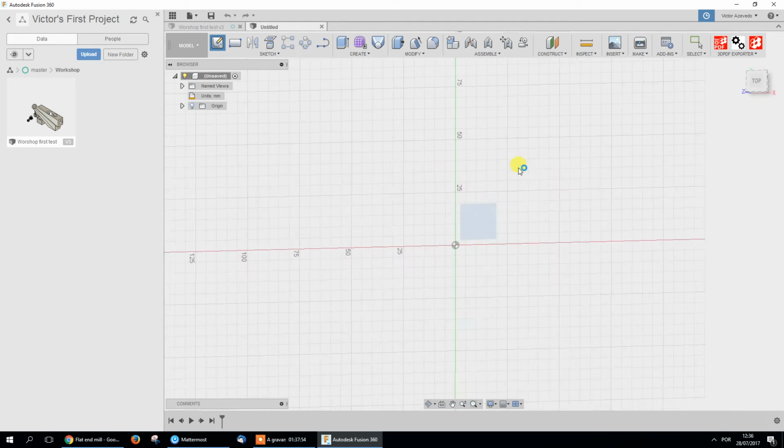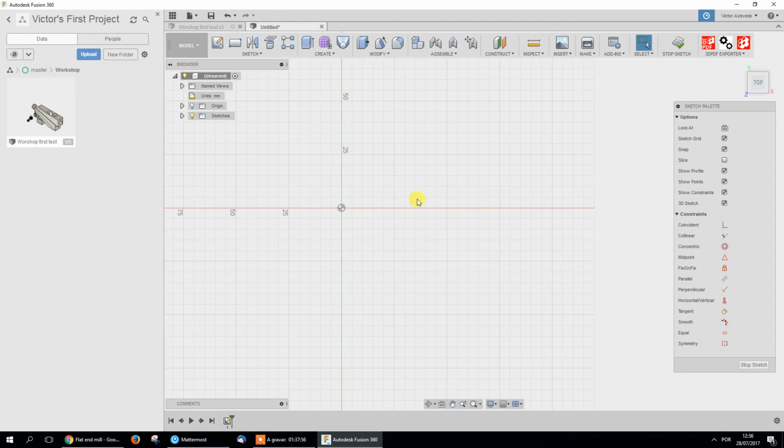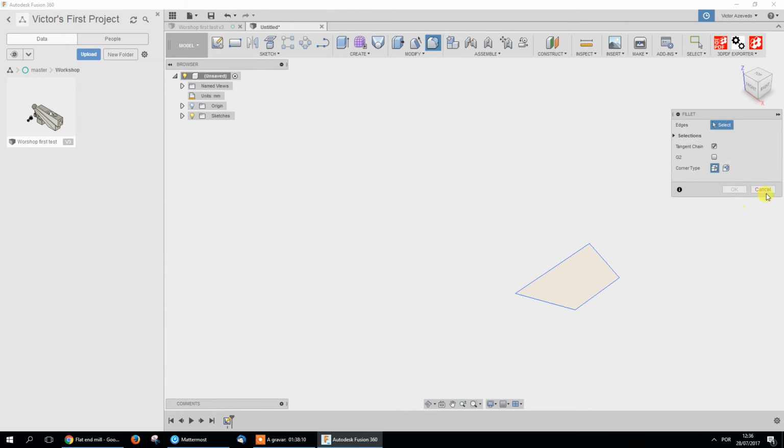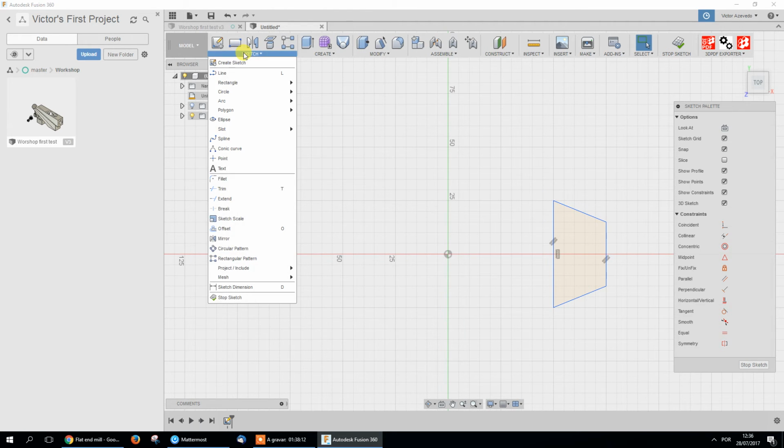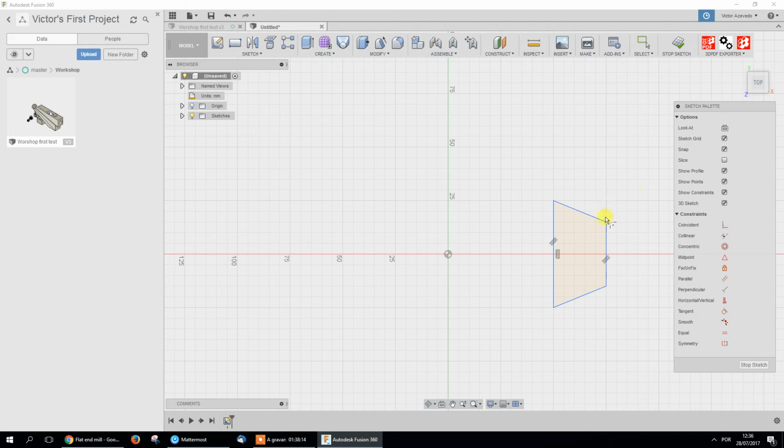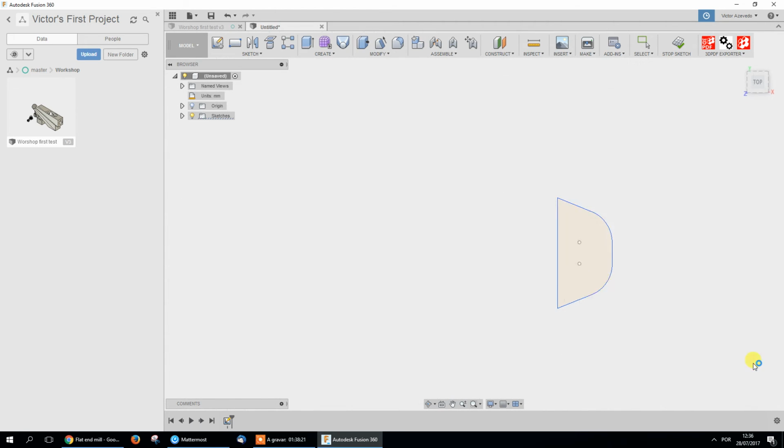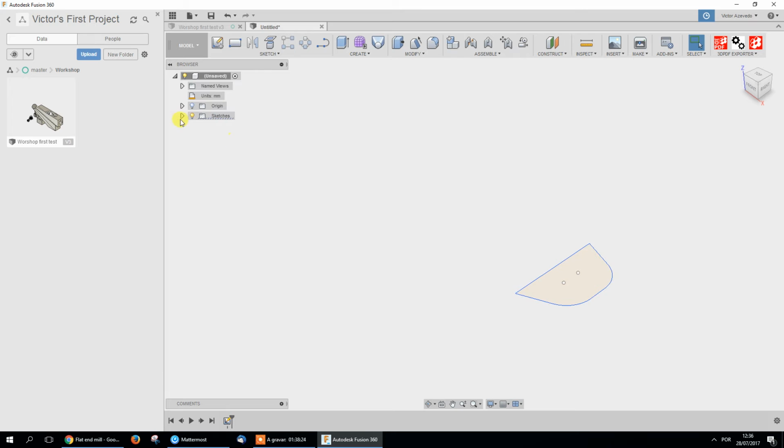Create a sketch here. Instead of starting in the middle, I'll start a little bit far. Okay. This. There's a fillet operation also for the 2D design. Okay, so I can round things. It's hard to show everything. Let me add more